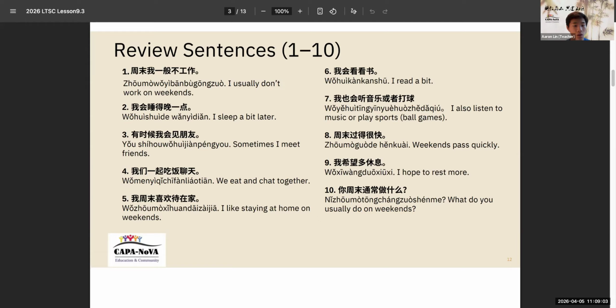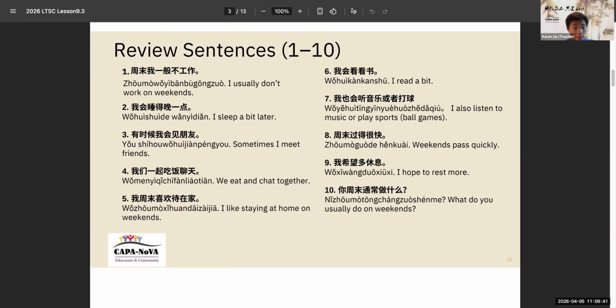Number two, 我会睡得晚一点, which means I sleep a bit later. 我会，睡得，晚一点。 有时候我会见朋友, which means sometimes I meet friends. 有时候，我会，见朋友。